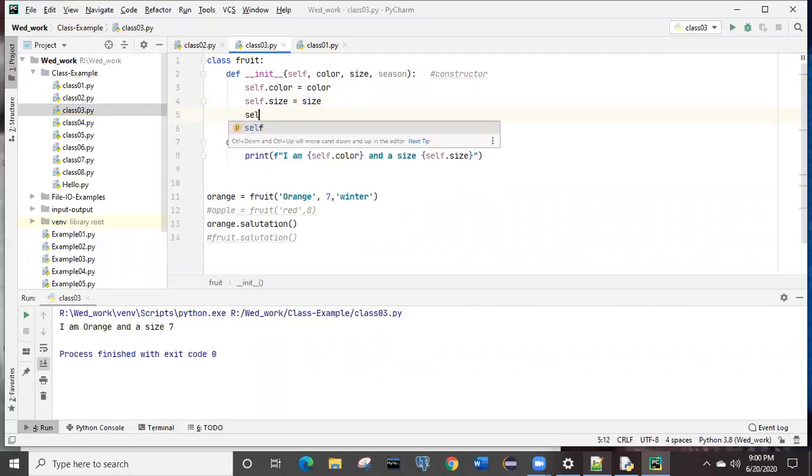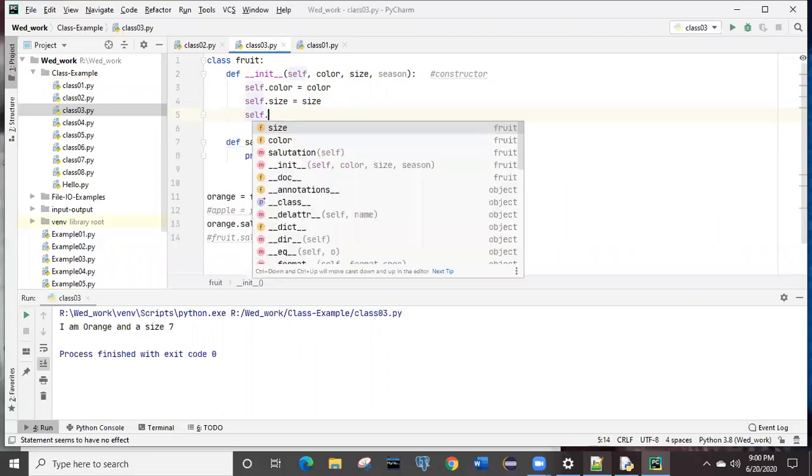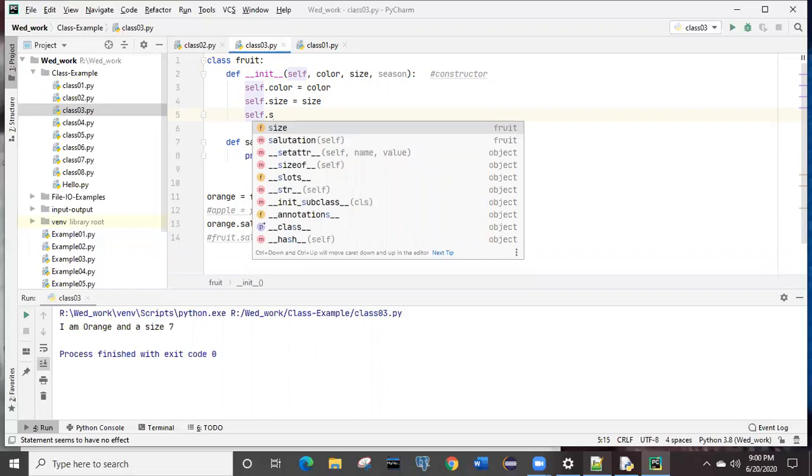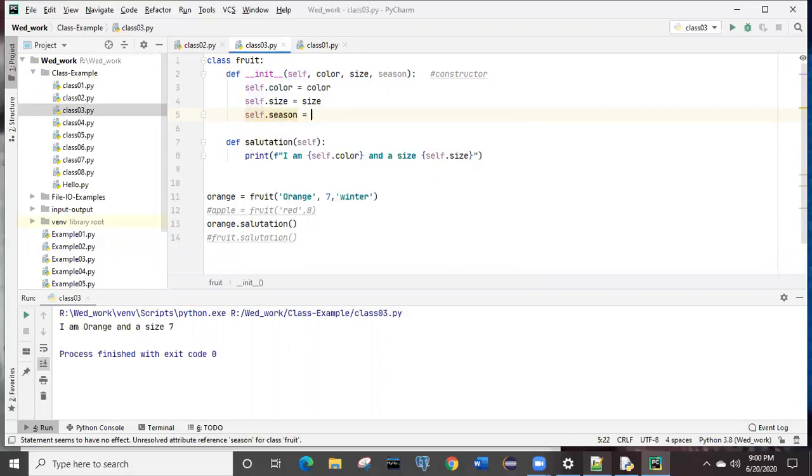So in the same way, season equal to, you need to tell this one. If suppose in the object creation there is one property, you need to write the one self statement. If it is 100 properties, you need to write for that 100.